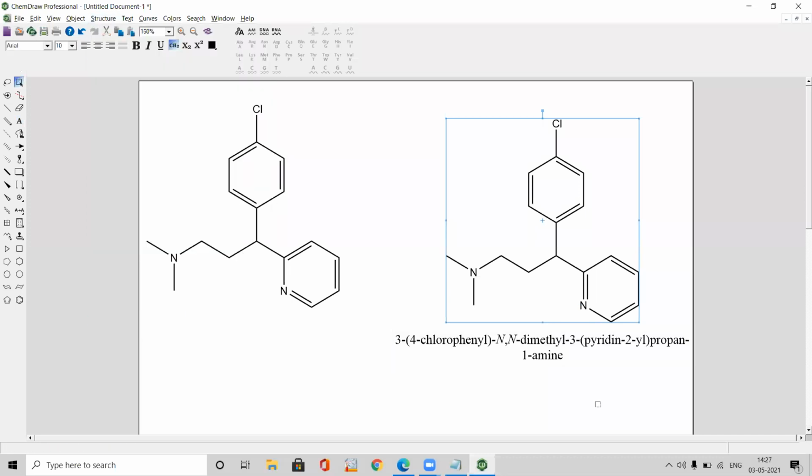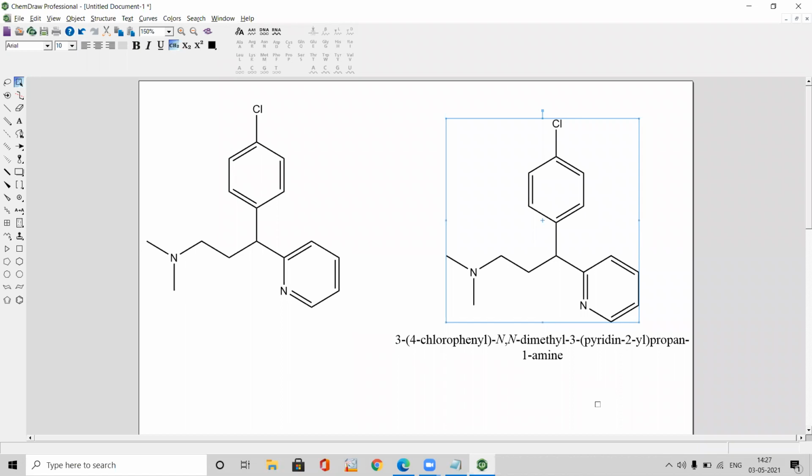So this is the chemical name of the compound. So it's very easy. If your education level is being increased, for you there is no need of interpreting the chemical name. Whatever the chemical structure it may be, simple or complex or compound, if you are drawing the chemical structure in this type of chemical drawing software, simply click on generate name by using chemical structure.